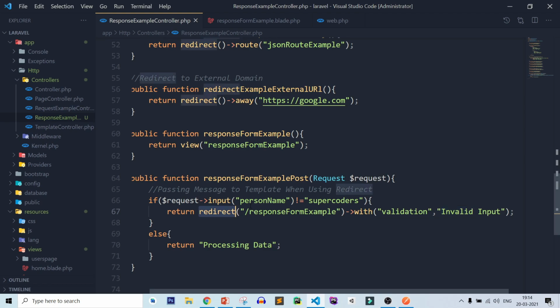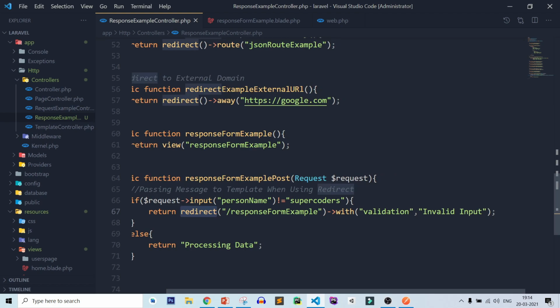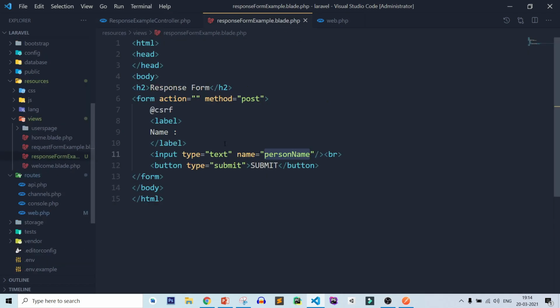These are very important parts. You must remember how to pass data to the redirect method and how you can pass data to the view method or view template. First I am showing how you can pass data to redirect. So let's see how you can access this data. For this you need to add a condition. Let's see how you can add conditions in a Laravel blade template.